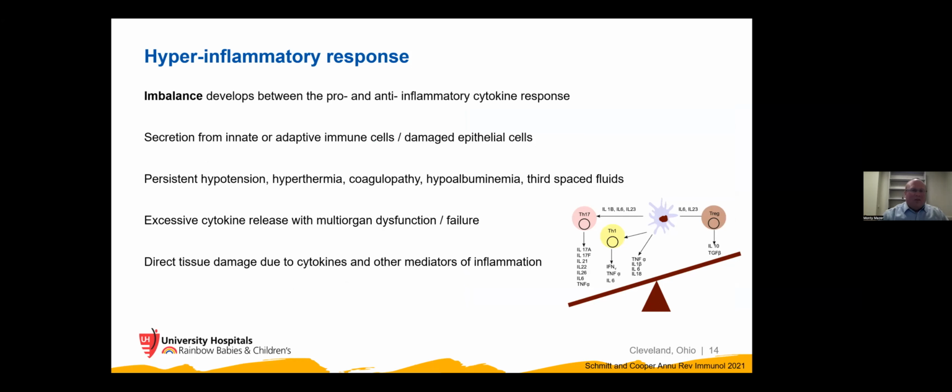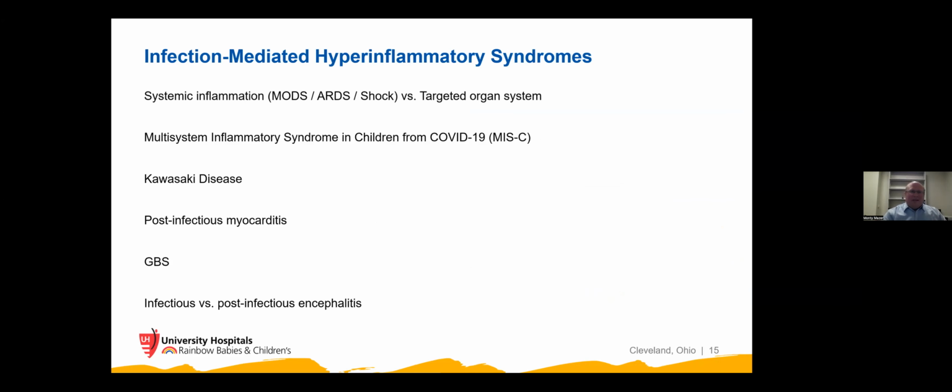Hyperinflammation is just when there's an imbalance of the pro-inflammatory and anti-inflammatory responses. But if you have more inflammation and it's ongoing, then you're going to have persistence of your vasodilation. You're going to have a shock state. You'll have decreased perfusion to tissues, but you'll also have ongoing injury to tissues from these inflammatory cytokines. And that's where we end up getting these hyperinflammatory responses, but you also have some more